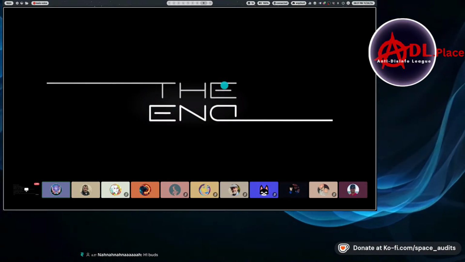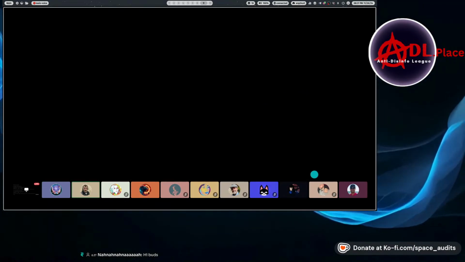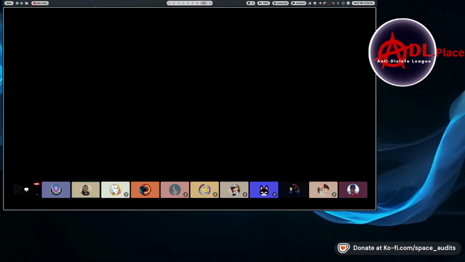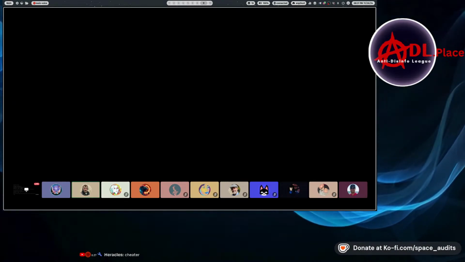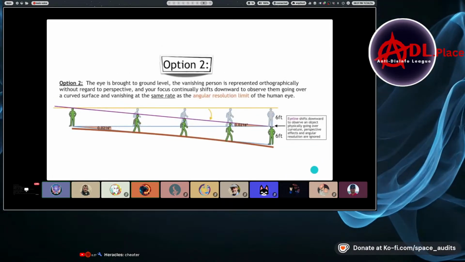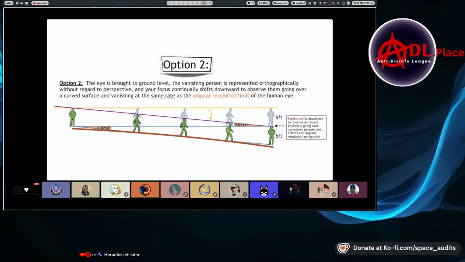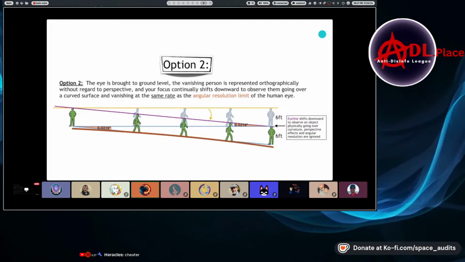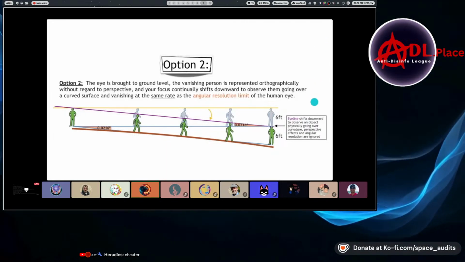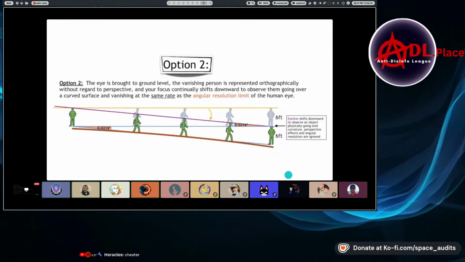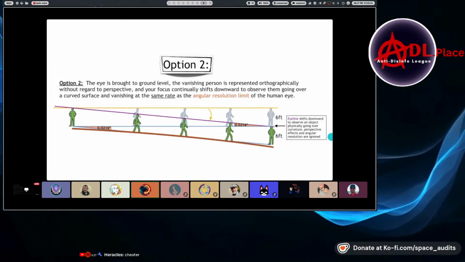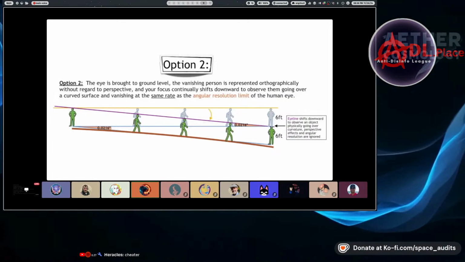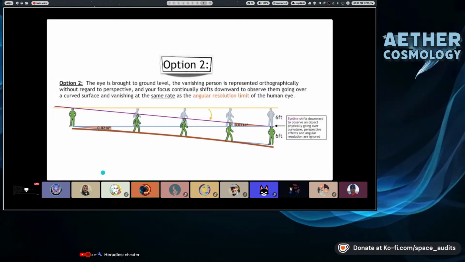I think the main real takeaway is that option 2 that he presents ignores all of the angular resolution limits of the eye and the optical phenomena that happen in the eye. That's true. They just literally ignore it. It's so obvious, dude. If you start to account for any of that, you immediately lose the Earth radius and the ball. Yeah, the ball's gone. As soon as you account for the curvature, you can see that your eye is a ball, right? It's spherical. But when you get to the limit of your vision and you can't see anything, they're like,